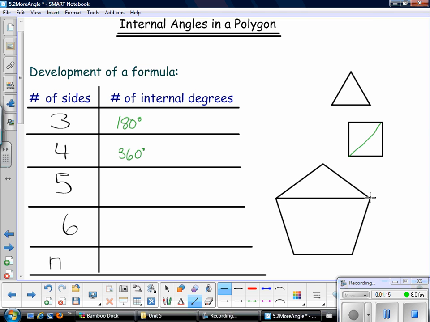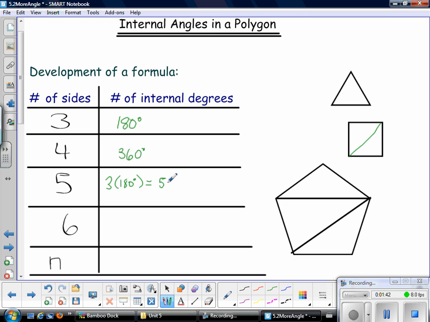There's one triangle there, another triangle there, so we have three triangles. So that'd be 180, another 180, another 180, which is the same as 3 times 180. And when we do that, we end up with